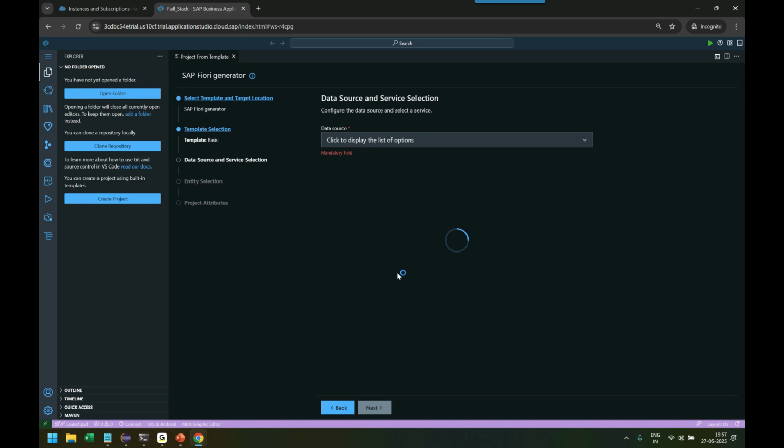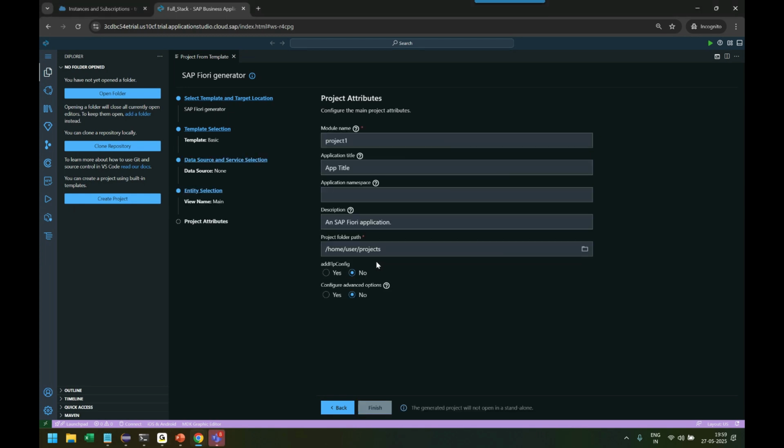I will now have an option to choose a data source. Where will my data be coming from? Since I don't want to select any data source or an ERP system today, I will choose none over there. Now in the next step, we will specify our view. As I mentioned, we are using the model view controller architecture. So the view represents our input and output. I will give the view name, let's say main view,